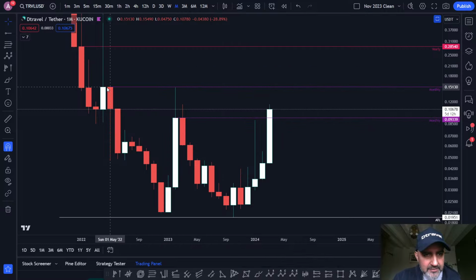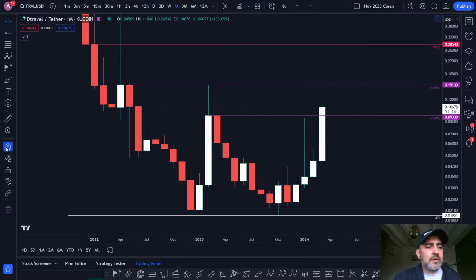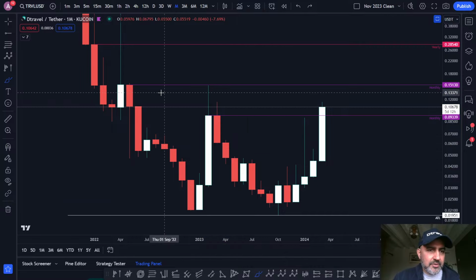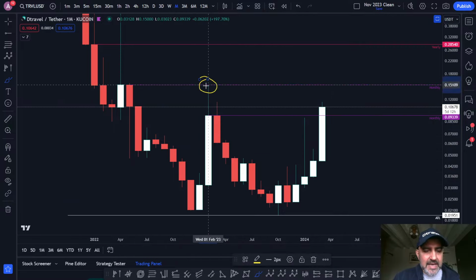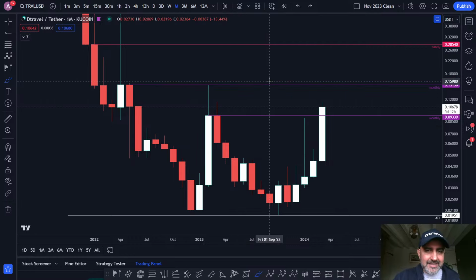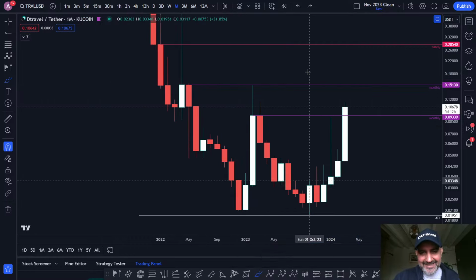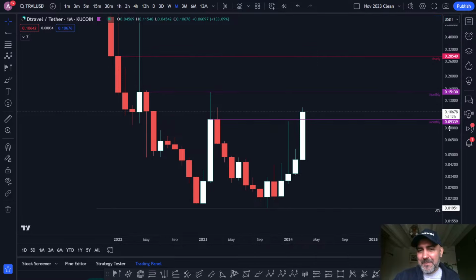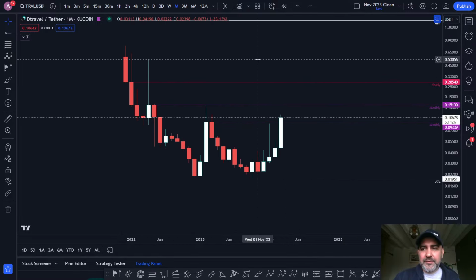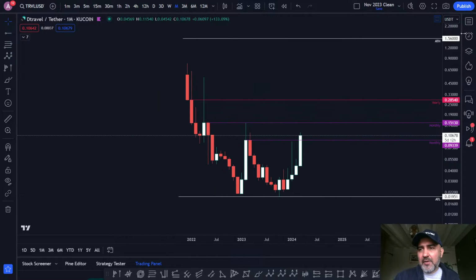This here is a wash level too. You see how the price went up into it and it came down. So if there was liquidity there, it was taken. Doesn't mean it's not going to react a second time. Doesn't mean that at all. So I'll keep it, because there aren't any more, apart from if you look on